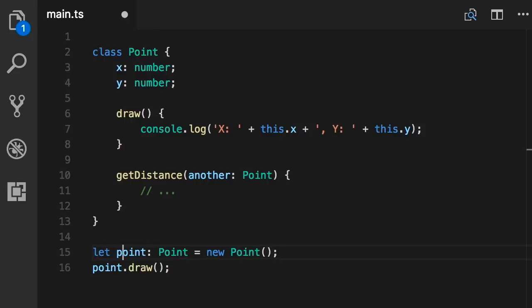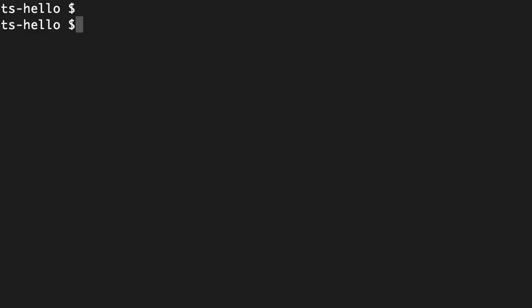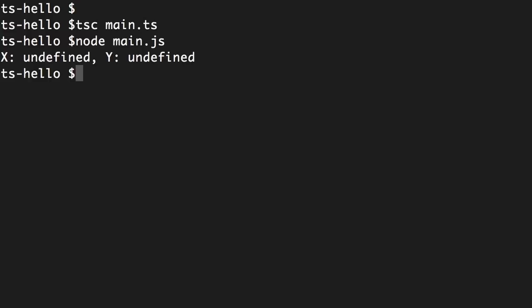Now you can see that we have repeated this Point here twice. So we can make this code a little bit cleaner by removing this type annotation. Because the TypeScript compiler can infer from this assignment here that the type of this object is a Point object. And let's verify that. So look, you're working with a Point object. Now, one more time, save. So back in the terminal, tsc main.ts, and then node main.js. Okay, we didn't get an error, but you can see that these x and y fields